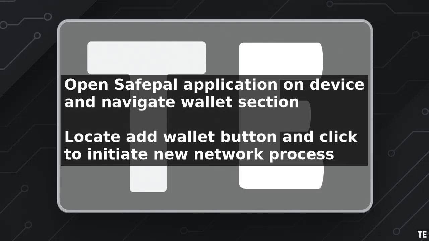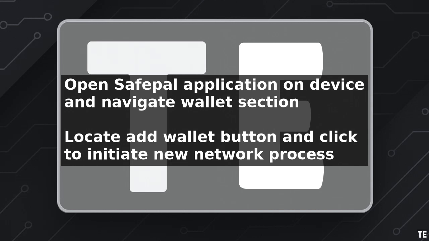To add the Polygon network in the Safepal wallet, start by opening the Safepal application on your device. Navigate to the Wallet section where you can view and manage your various cryptocurrency assets. In the Wallet section, locate the Add Wallet button and click on it to initiate the process of adding a